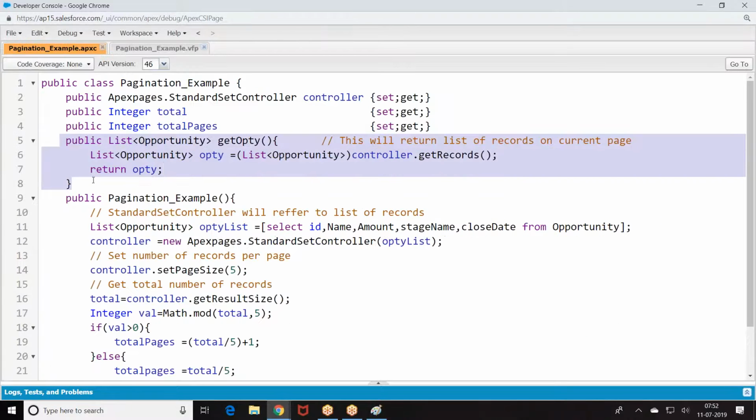Okay, let us move on to the next story. The same functionality, can we use standard controller and extension? Standard controller is for referring to a single record.